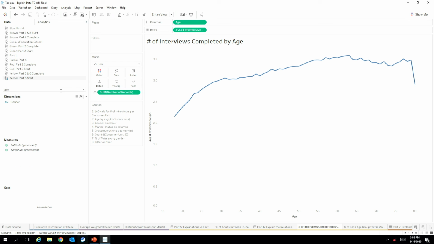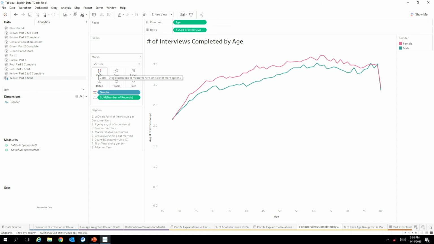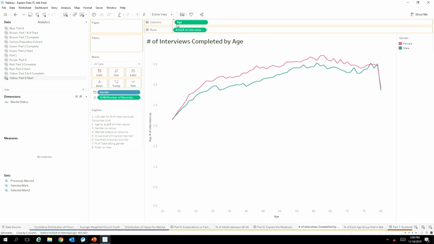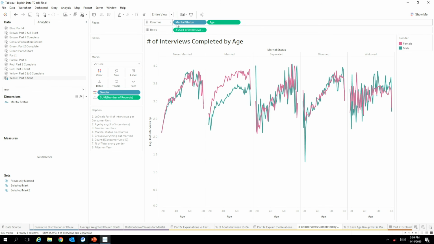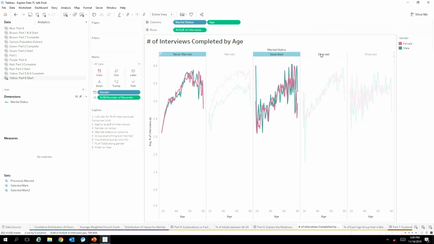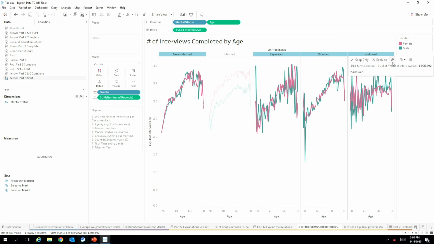Now, what if you wanted to break that down by gender? You see this really interesting distinction here where women complete more surveys than men. At this point, it may be tempting to say women are more reliable than men. It's a very, very tempting insight to draw. Well, what if we break this down even further by marital status? In this case, you can see that it's the married couples, if we group all of these other ones here,